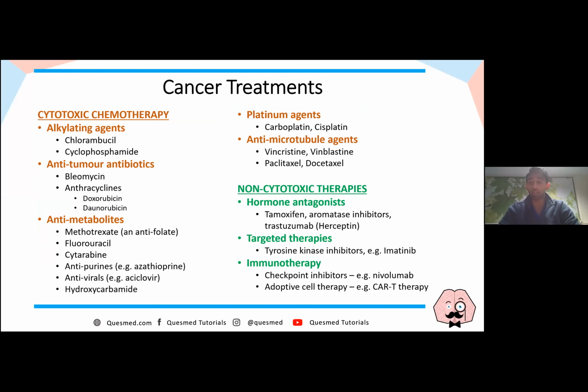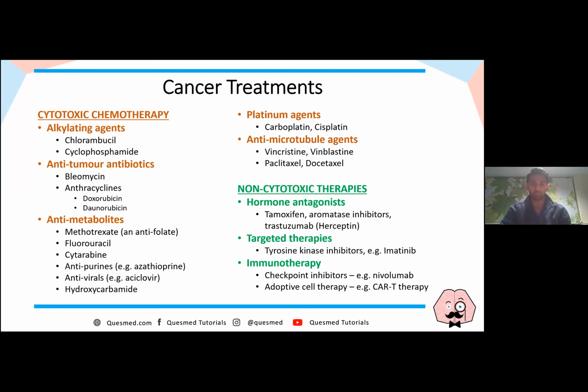There are 5 broad classes. They all act on DNA in some way, and therefore are only really effective when cells are in the phase of the cell cycle where the DNA is exposed. Okay, so they have to be actively dividing or synthesizing DNA. And you've got these 5 agents that have different mechanisms. We won't go through that today, but this is going to be important for predicting the side effects of your